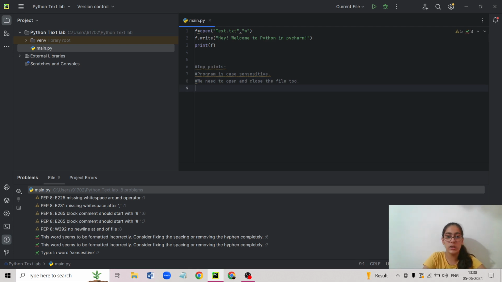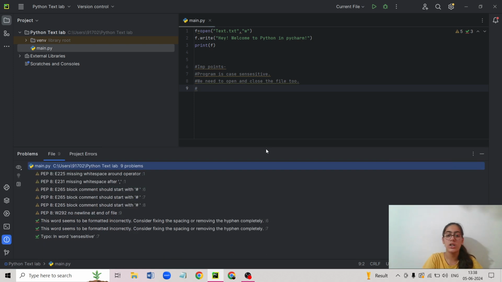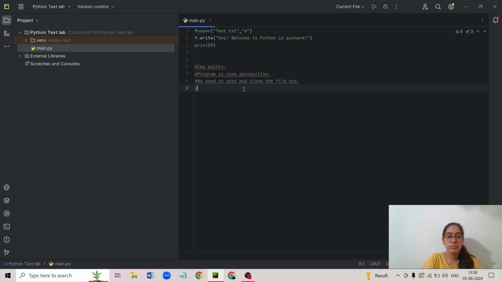And then the third point for now is the one in which we are saying that we need to not create the text file before writing, right? But that is not the point over here. Can you guess the point? Go down in the comment section and write it down.